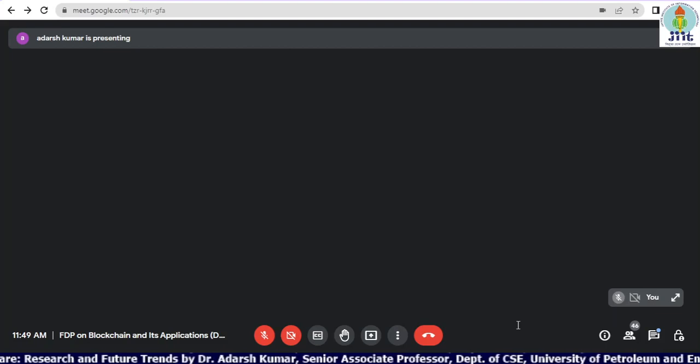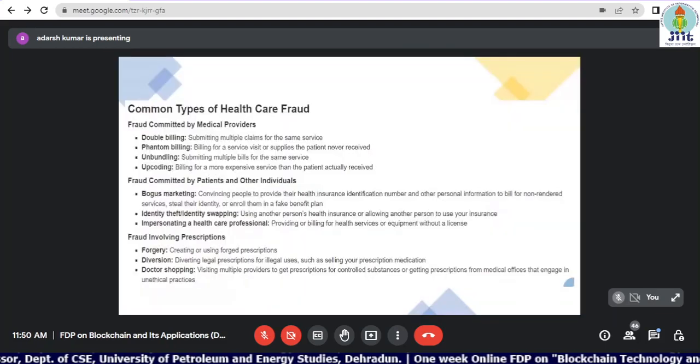Say somebody in the family has medical insurance for the family, and different people are there in the family, and everyone has medical insurance, and they put claims in their own places. Although you can say that the Aadhaar card could be linked and it can be traced, anything can be changed. So the double billing problem exists.